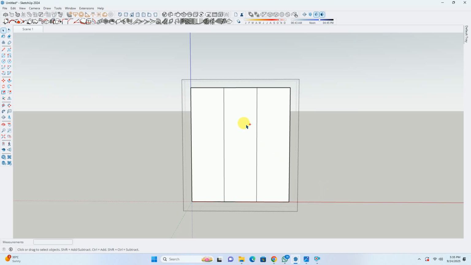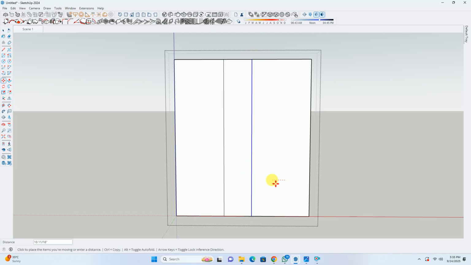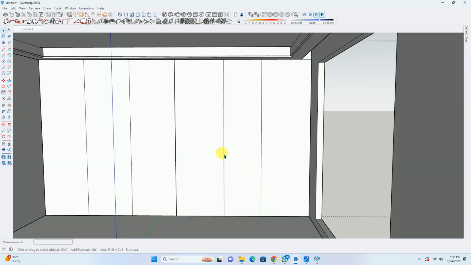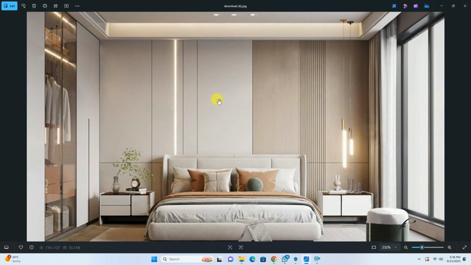Or instead of 4.5 inches, you can apply move at a gap of 3 inches, and the same thing over here, 3 inches. So we have reduced 1 foot, and half of it is added to this paneling. Same thing we can see over here also. These 2 segments are quite larger and this is a smaller segment. Or if you want, you can create them as equivalent. It's as per your usage.